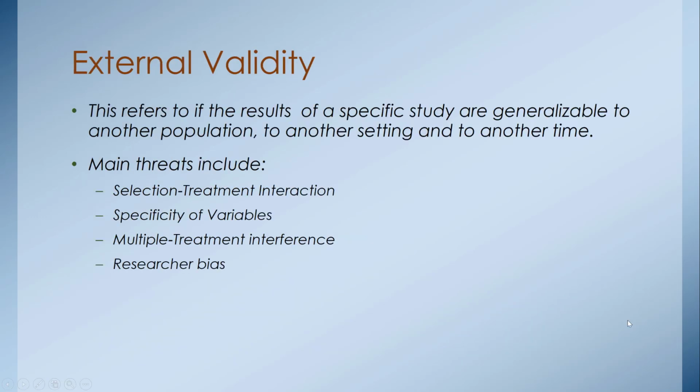Then finally, we're going to take just a brief look at external validity. This refers to whether the results of our specific study can be generalized to another population, another setting, or another time. So we have our sample participants. We have met all the requirements in terms of the sampling procedure, random assignment, control group, all of that. We can, with some credibility, say that if the independent variable made the change in the dependent variable in this group within our study, it will also do the same thing in another population or in another setting